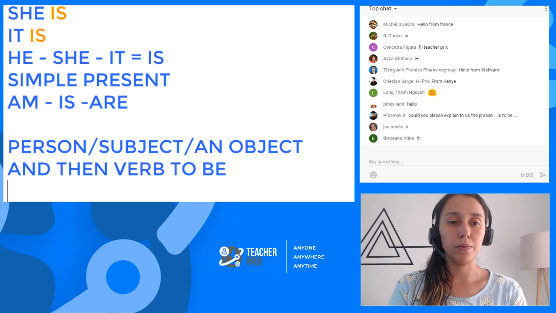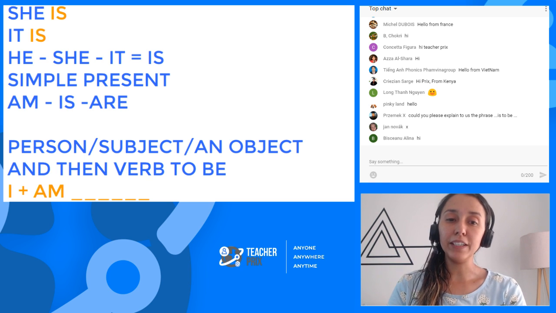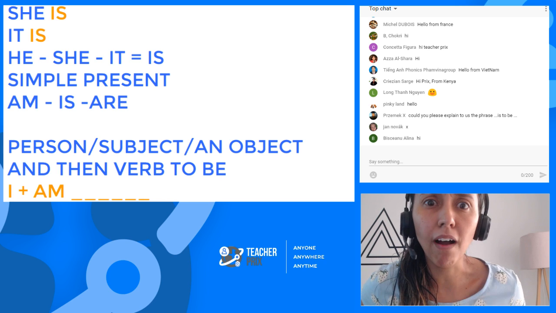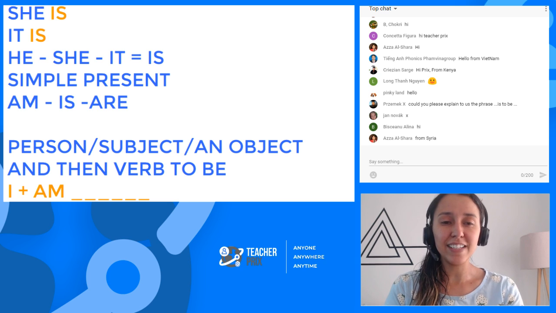So for example, I am, and then I have to finish. Let me know here with an example with this phrase, I am, and finish the phrase for me. What are you? Okay, who are you? So I want you to finish this phrase for me with your examples, okay?